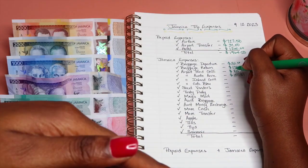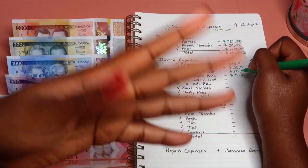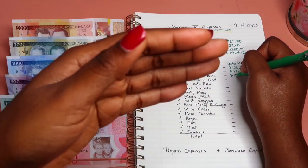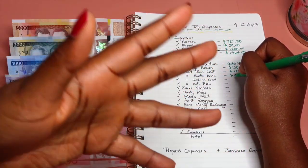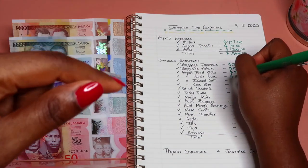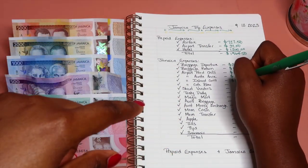Now coming back to America, again no breakfast, 2 hours of sleep, because who's sleeping, you know? So we went to Island Grill, which is a Jamaican restaurant. They had the jerk chicken, and the breakfast. But this was in the morning. My flight was at 8 o'clock, I think. So I got breakfast at Island Grill for me and my mother, and I paid $14.16